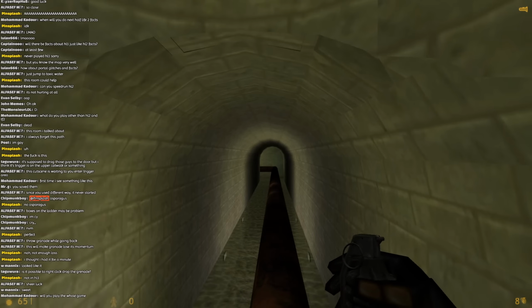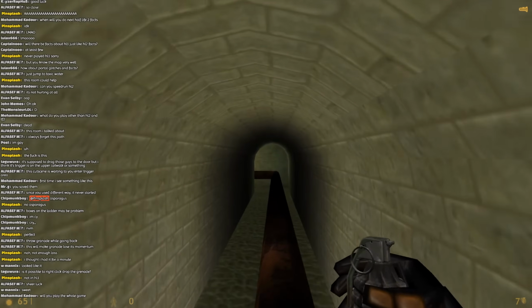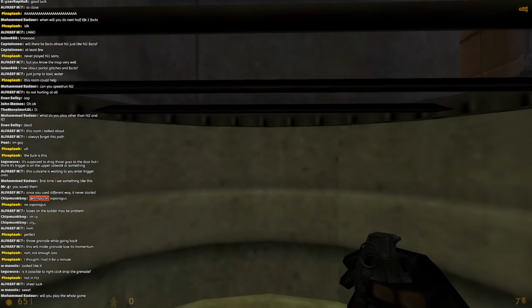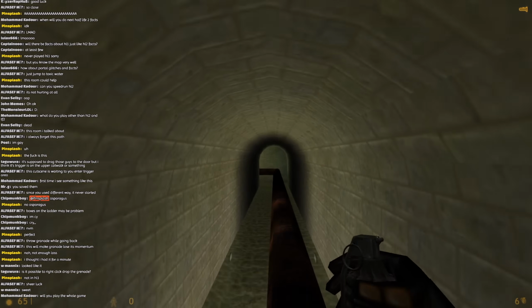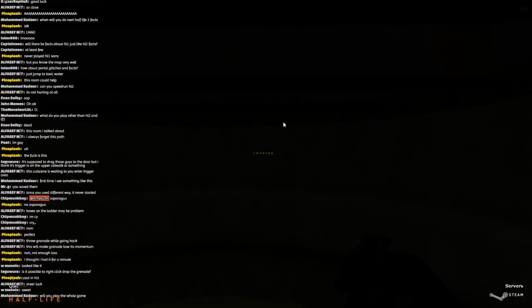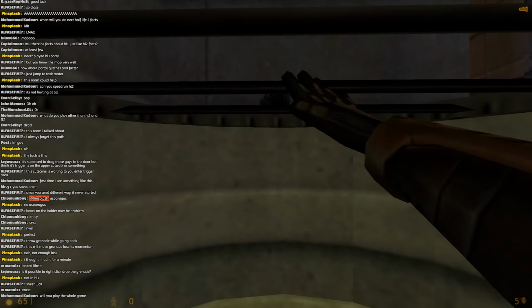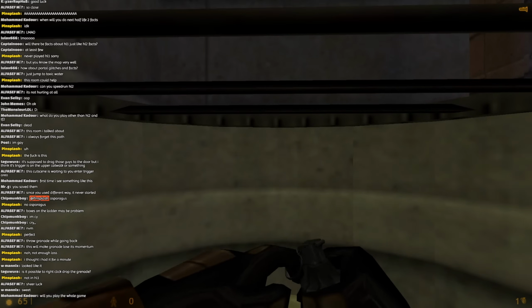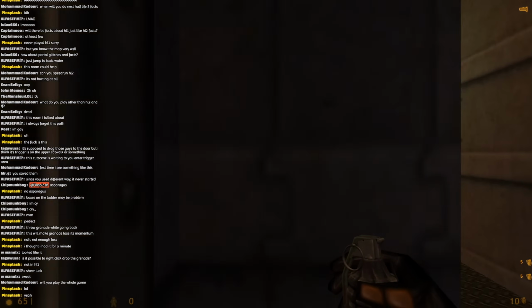The next obstacle was a vent cover, and this one was above me. The crowbar is no help here. I'm not pointed up far enough. What I ended up doing is not the only thing I could have done, but it's definitely the easiest. When a grenade hits something, it does a tiny bit of damage to it, even though it doesn't explode yet. So this is what I did. It took all of my grenades to do this, but right after this there's a grenade stash, so it's completely fine.